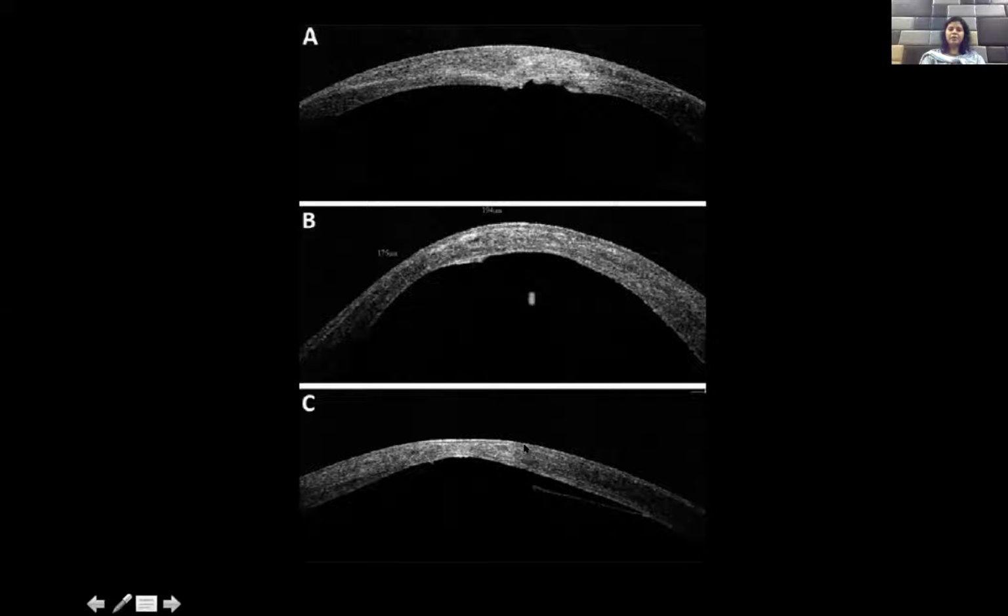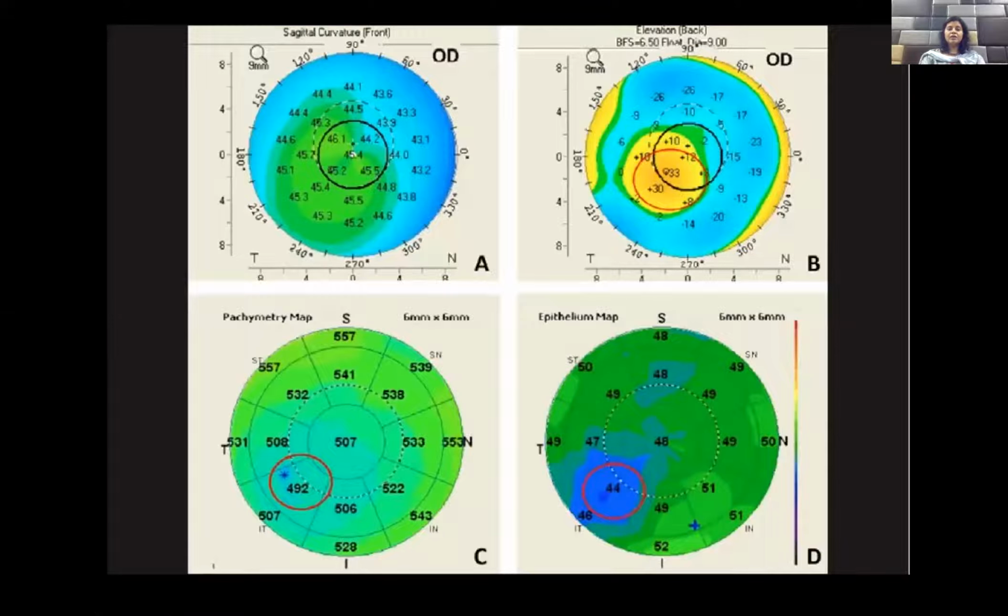So, preoperative planning. Now, the very important thing, and something which is being researched a lot, is the epithelial thickness map, wherein you would use a combination of the topography images and the anterior segment OCT to map out the epithelial thickness. This is very important when you're trying to pick up mild cases or very early cases.